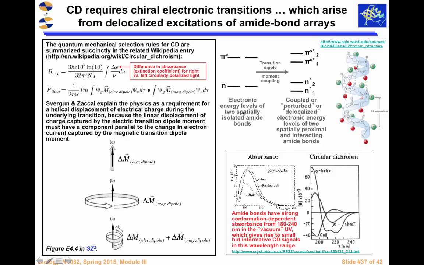But the effects of those would be the same. I'm just simplifying this to get at the fundamental interactions. So I'm showing you the n and pi star bonding and anti-bonding orbitals for one amide bond and for a